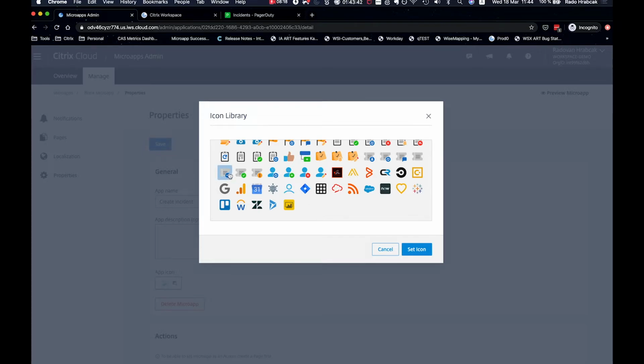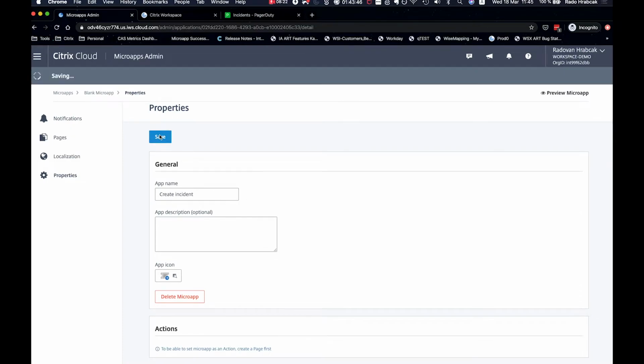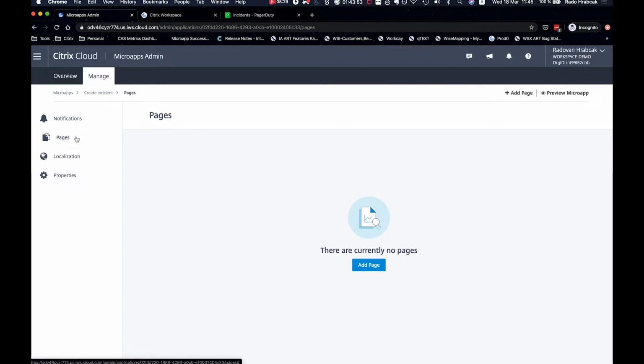Okay, and there we go. And now I need to create a page. The page will be a form that will allow me to fill it in and submit the incident to PagerDuty. So I hit add page, I call it create